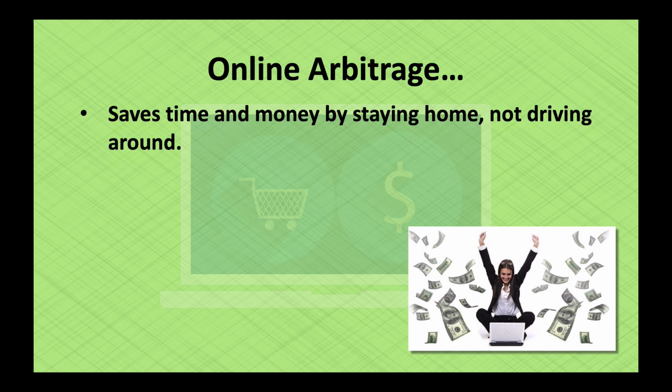You're not going to have to spend time driving around a bunch of different retail stores, either on the weekend or in the evenings. You just can walk from wherever you are in your house to wherever your laptop is, to your home office where your desktop is, and you can start sourcing right there. And that saves so much time in the long run to not have to worry about driving, and also saves